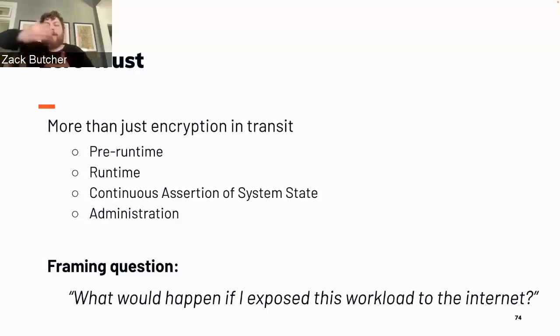So we need this continuous assertion that the system is in the right state, in the correct state that we configured, based on the telemetry and the runtime data coming out. And then finally, the fourth pillar here is that we need to administer it over top, right? Go ahead to the next slide for me,